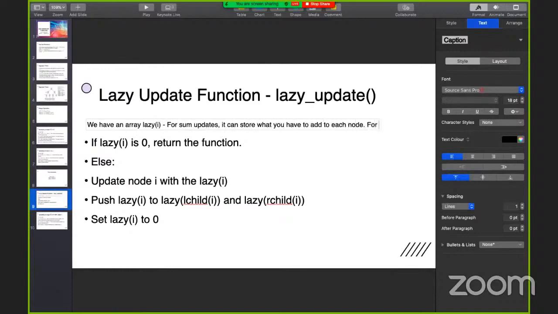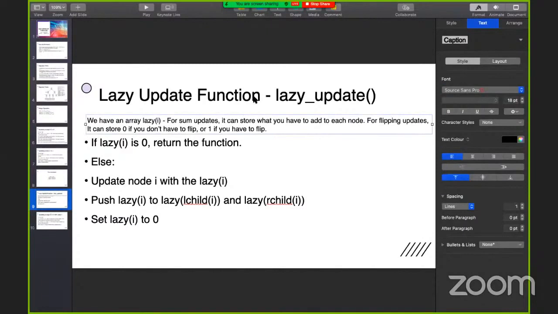For some other update, for instance the update we have in the question, which is flipping updates, it can store 0 if you don't have to flip, or 1 if you have to flip. So that's what lazy does. Lazy is what we use to store our updates for later.